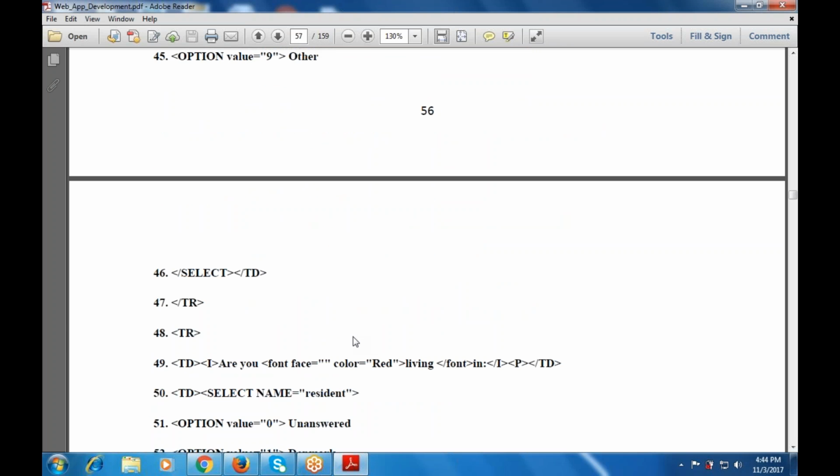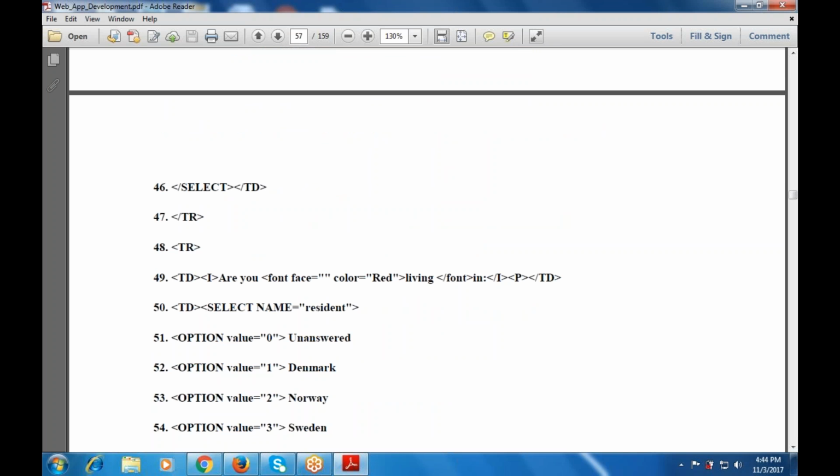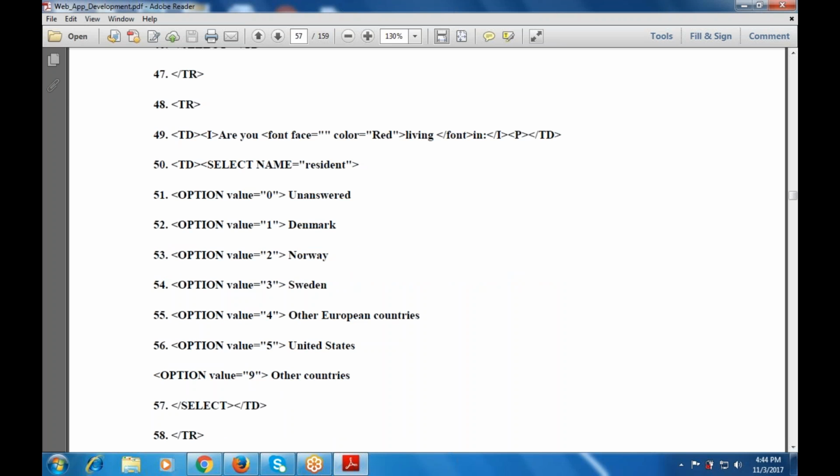Then the select will be closed, TD will be closed, then TR will be closed, and the next TR will be opened over here. Then a font face with color red, then TD, then TD select name equals resident. Option value is 0, unanswered, 1 Denmark, 2 Norway, 3 Sweden, 4 other European countries,